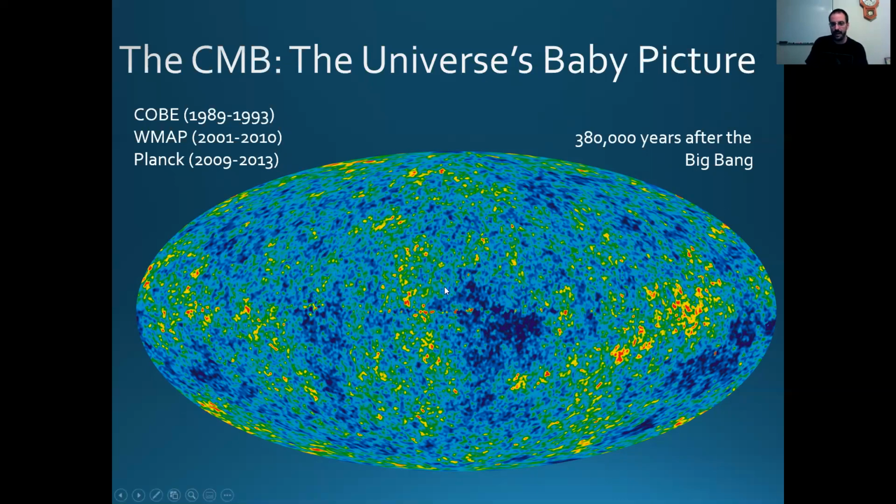And they discovered that this radiation is not quite uniform, that it has these little patterns, these little hot spots and cold spots. COBE was followed up with WMAP and then eventually with Planck, which just had higher and higher sensitivity and higher resolution. And this is what the map looks like today. This is an all sky map. That's 360 degrees of the sky projected onto a flat plane. And you see these little hot spots and these cold spots. And what those represent are the mass distributions that would eventually turn into the first galaxies and galaxy clusters.